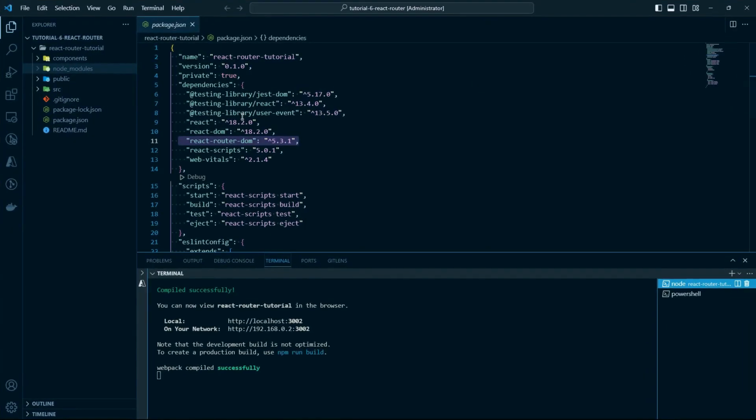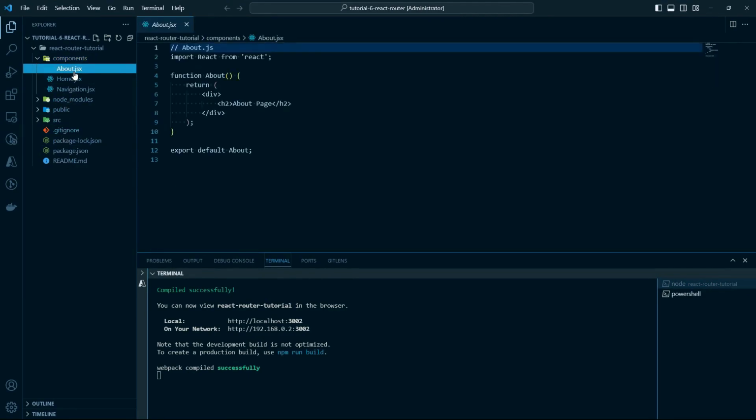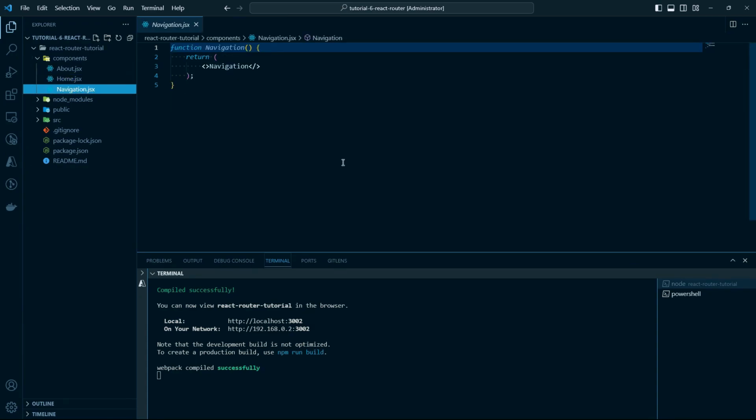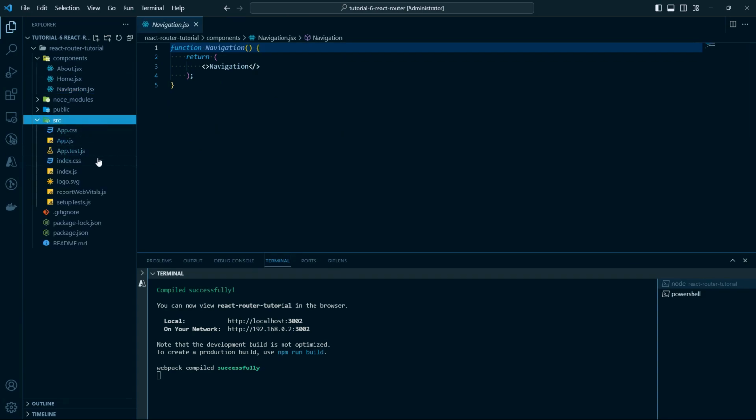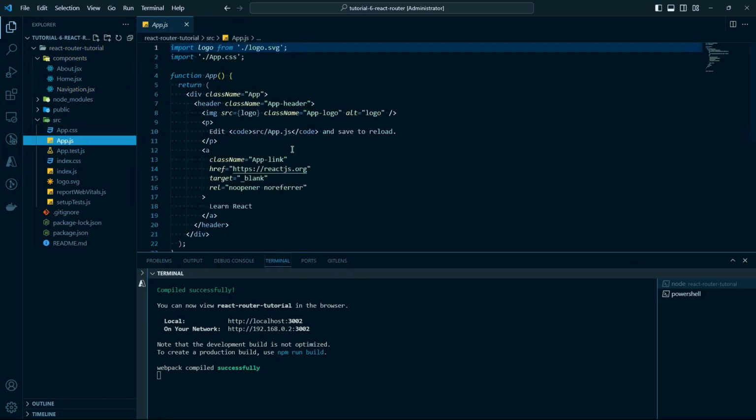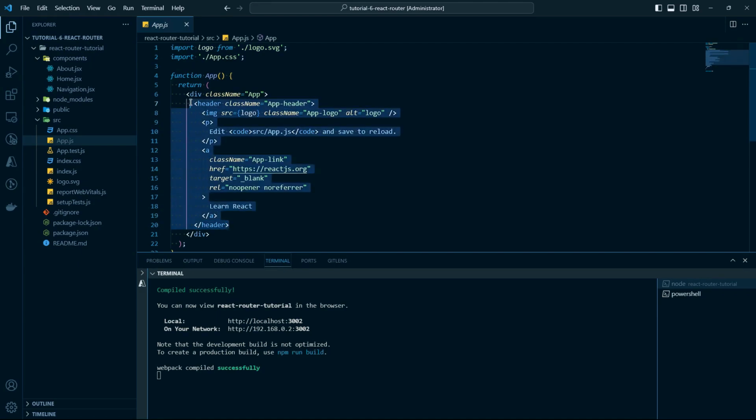If we look at the components, I have just a couple components. Pretty basic. There's an about that just has some JSX that shows about. We have the home component. We have a navigation that we'll fill in. And then in our source, we have our app.js, which is the entry point. And I haven't done anything yet with this. But for now, what we're going to do is start to build this out a little bit, so we can remove this boilerplate